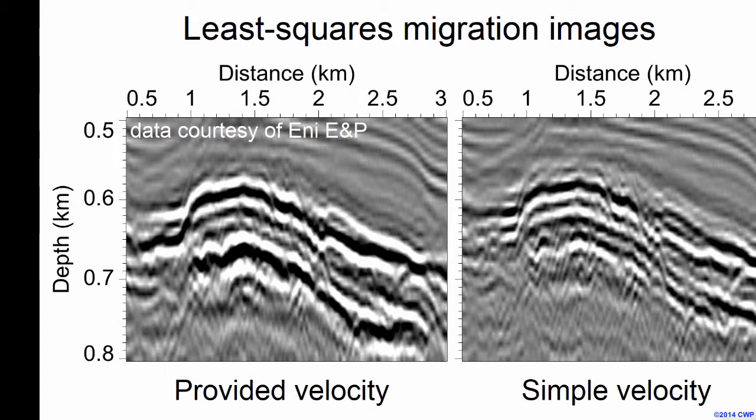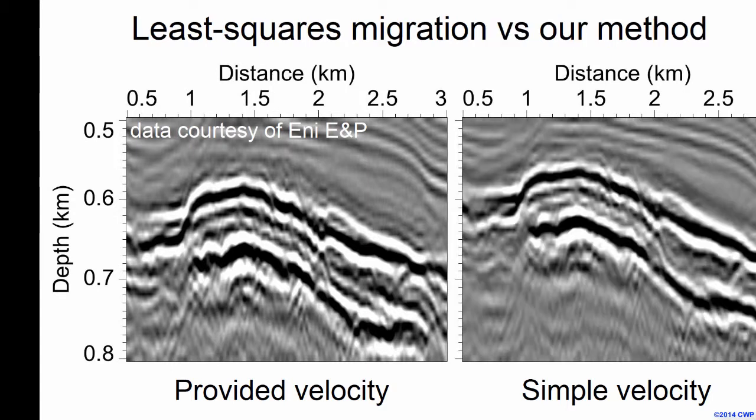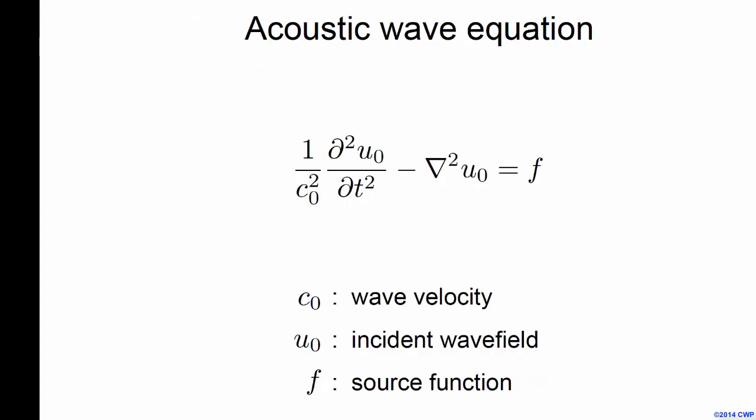Now pay attention to the image on the right as I compare the conventional least squares image to the image that we obtain with our method, still using the simple laterally invariant velocity. If we compare these two images on the screen, we see the same features in both images, despite the fact that they were computed using different velocity models. But of course the corresponding features in both images are located at different positions in depth because they were computed with different velocities. We'll come back to this field data example in detail later,